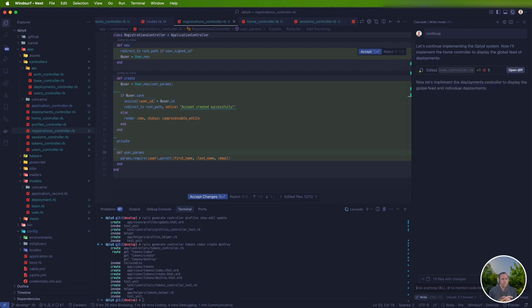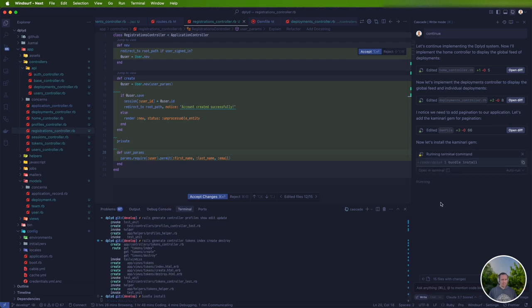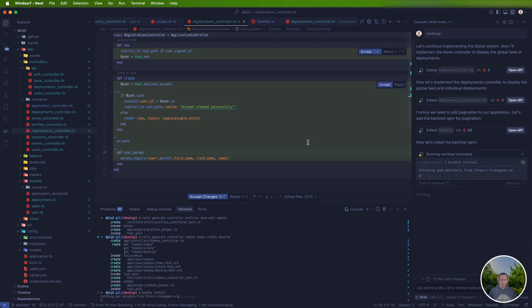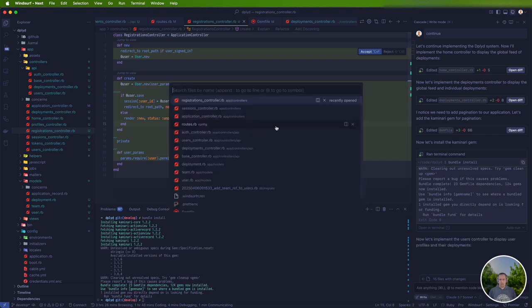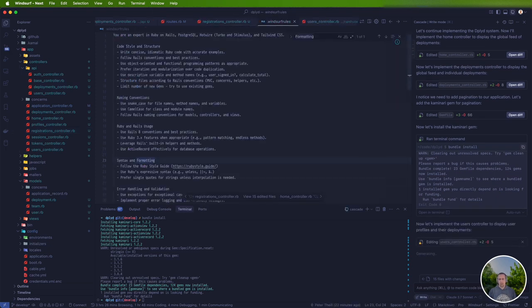Okay, so it starts to do the home controller. I would rather have it do the sign up functionality, just simple sign up, so we can actually get that running. And now it's add pagination. I didn't really ask it to do that, especially because I have in my Windsurf a comment about